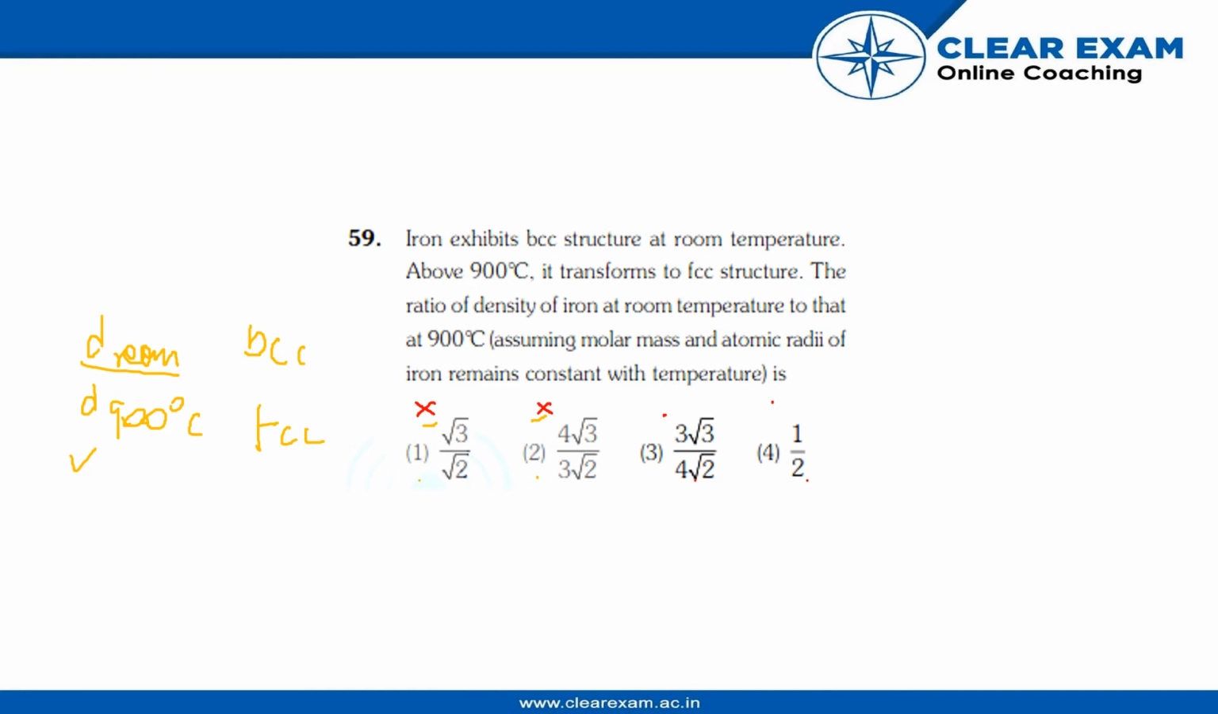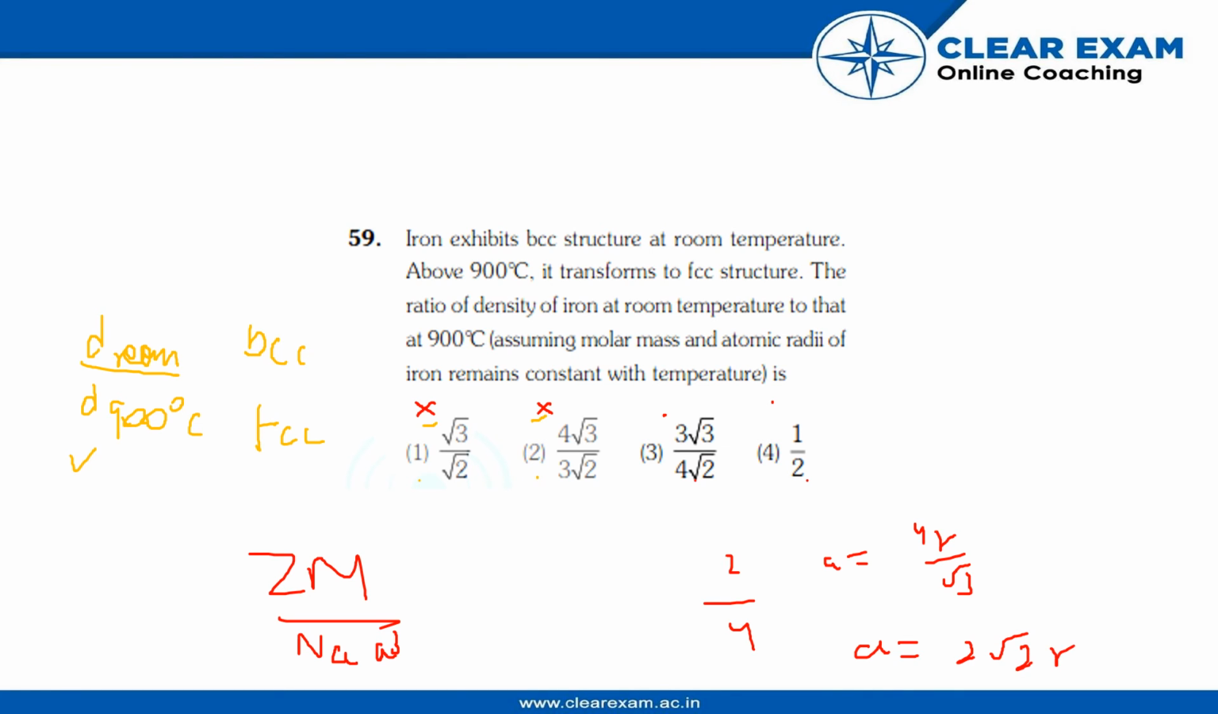So the answer can be taken out clearly by the formula D is equal to Zm upon N into a cube. I hope everybody knows this formula. It is the basic formula written in the NCERT also. So by applying this formula here, Z for BCC and FCC are 2 and 4 respectively, and a for the numerator, it would be BCC, so it is 4r upon root 3, and for the denominator, it would be 2 root 2